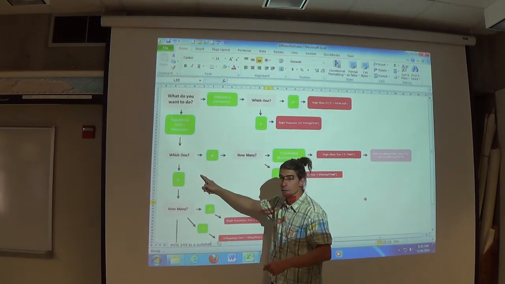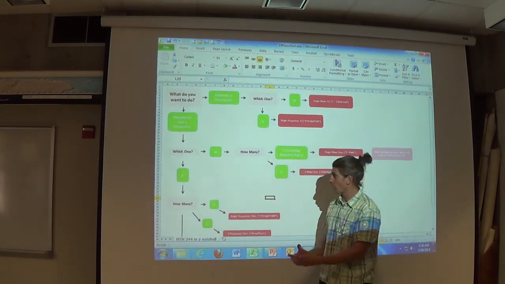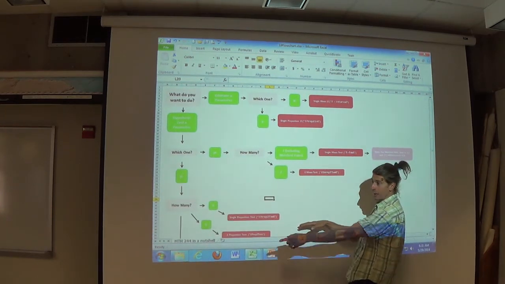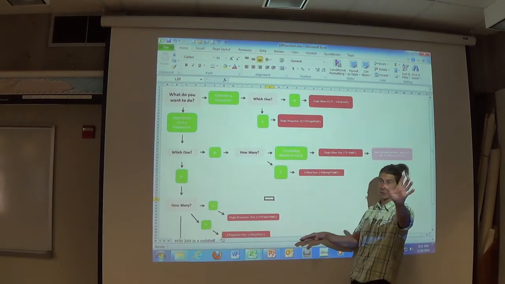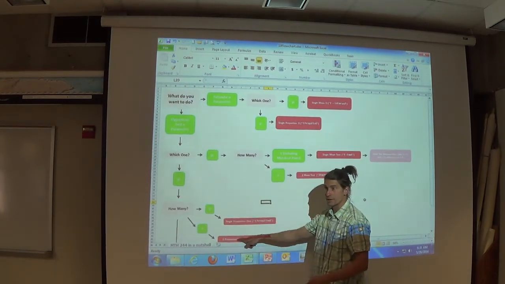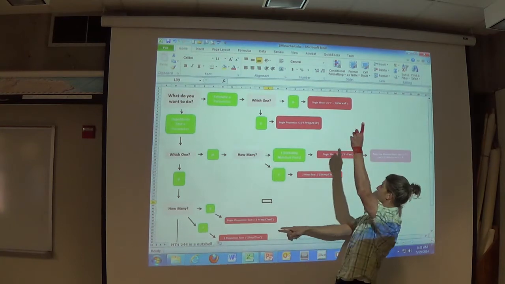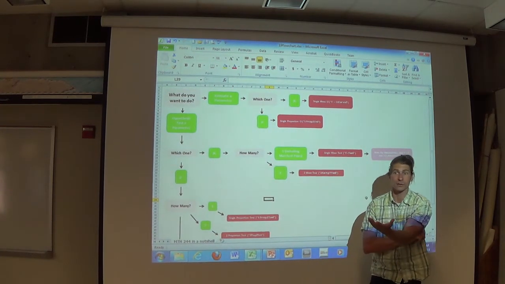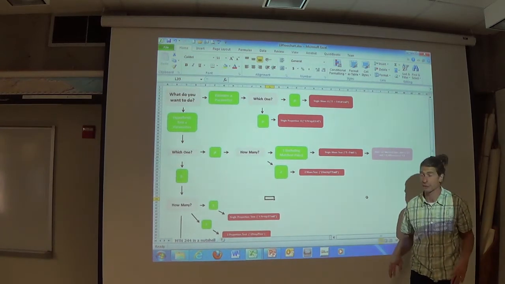So which one? Proportions or averages? And then how many of them? Are you doing one? Are you doing two? This is what we were doing, and there's quizzes posted. I guess you did it for this week, if you did quizzes for this week. I'm not sure if anybody did. But this right here was one of the quizzes that was for this week. And this right here was the other quiz for this week. Some people are just doing in-class quizzes now, and that's totally fine too.